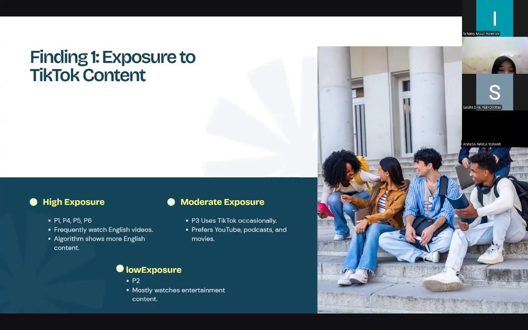P3 had moderate exposure because he preferred other media such as YouTube, podcasts, and movies. Meanwhile, P2 had low exposure because he mostly watched entertainment videos in Indonesian. The findings also show that TikTok's algorithm affects the type of content students receive.